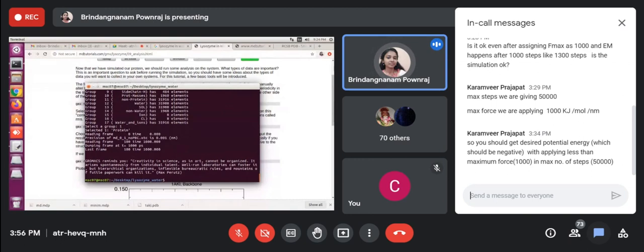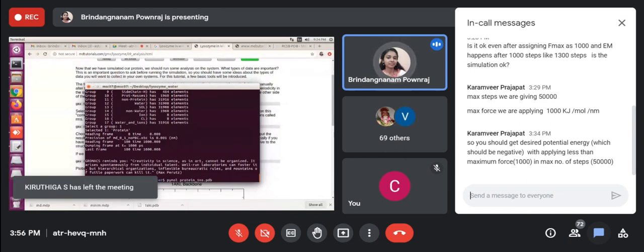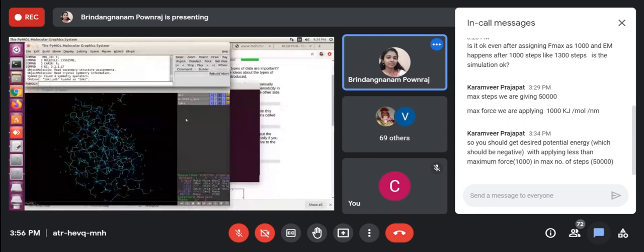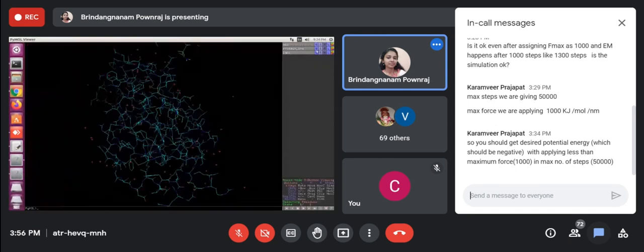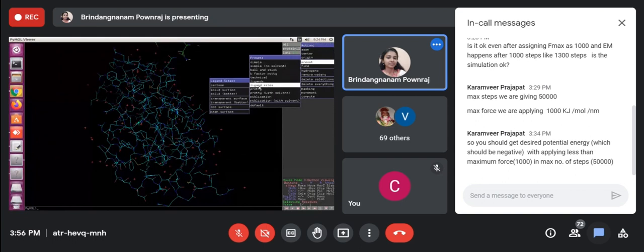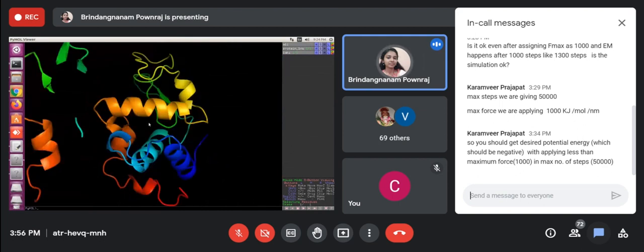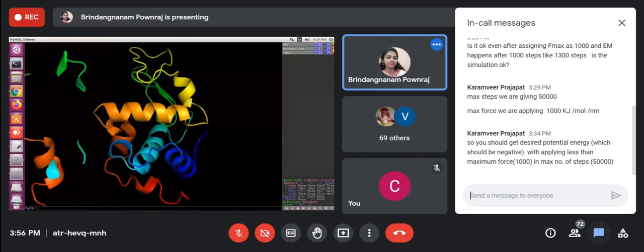Now I'm going to visualize my protein in PyMOL: protein 1 nanosecond, and then our initial protein, the processed protein or water-removed protein, or the protein downloaded from PDB, 1AKI. So we can see the 2 proteins.